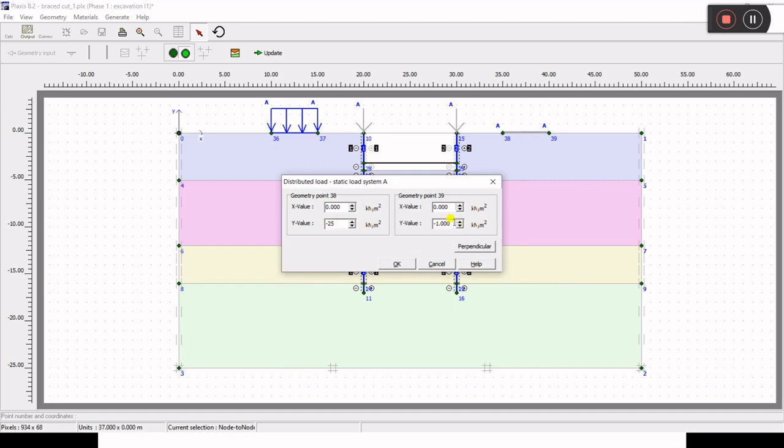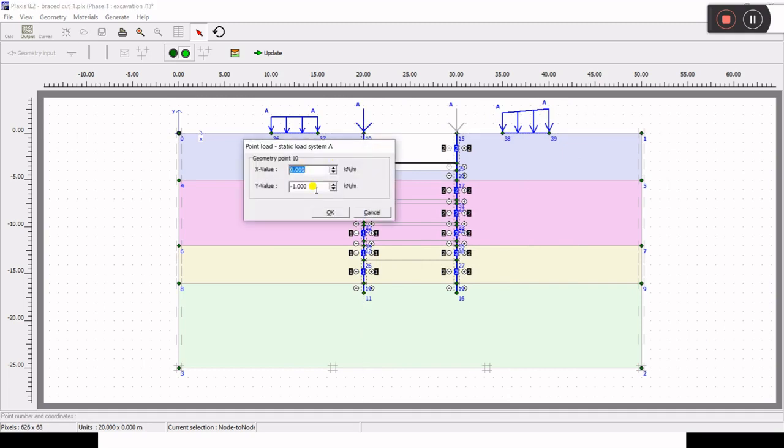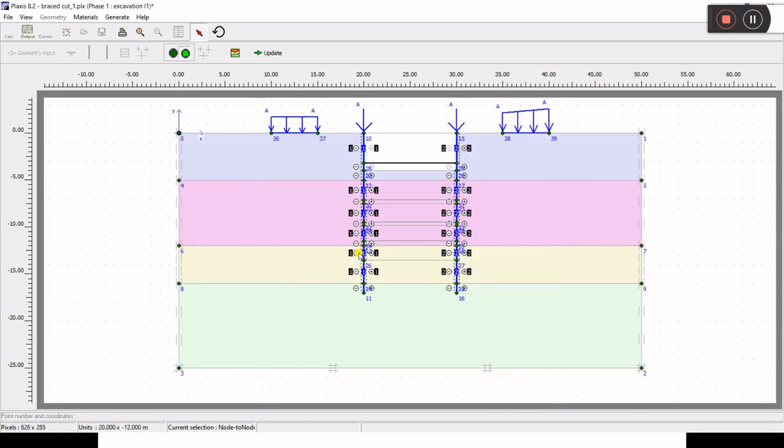Maybe this one is 25, and here it is 30, and click on OK. So activate this one also. You see, this is trapezoidal type loading. And then you go on point loading, and I'll define it as, let's say, 15. Okay, and this one also I'll define as 15. Okay, so all the loads are defined, these elements are activated.